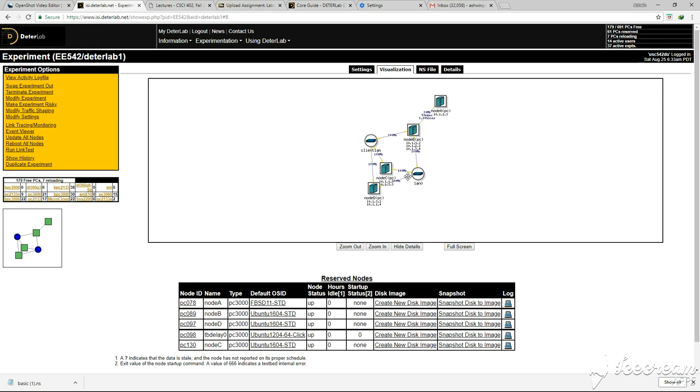A LAN has been added between node B and node C. LAN 0 and a client LAN has been added. So that is it for lab 1. Finally, I swap out the experiment by pressing the swap experiment